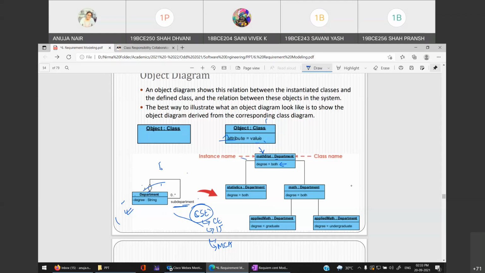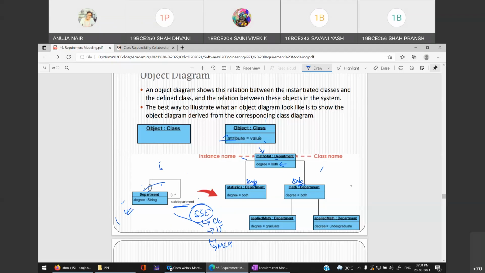So what did you do? Now what is this? This is a sub department. This is a sub department. This is also a sub department. Okay, so you showed statistics. Another department is statistics. Another department is math. So it's like this only. CE and IT are part of the CSE department. So math and statistics are part of the MathStat department. Then applied math and its two values are given. Two